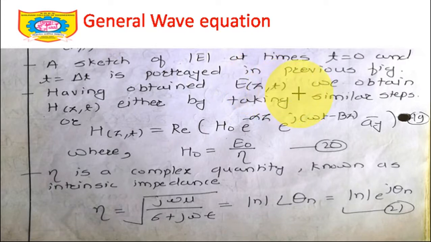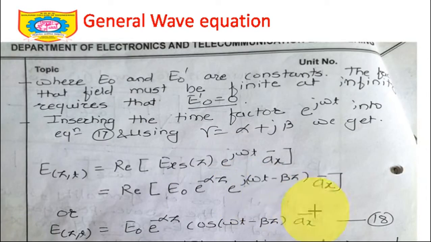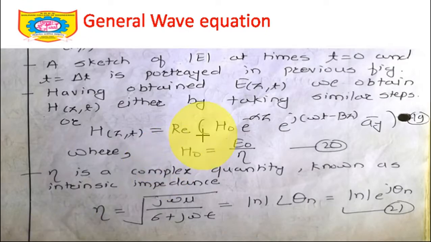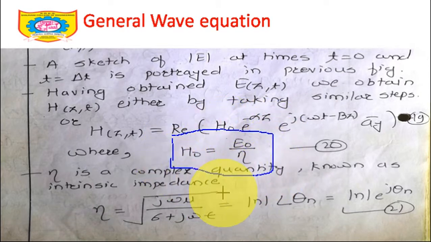Having obtained E of z comma t, we obtain h of z comma t either by taking a similar step, or you can write this h of z comma t similar to equation number 18. We can write h of z comma t as h0 e raised to minus alpha z e raised to j of (omega t minus beta z) ay bar, and h0, this is the expression we have got from Poynting theorem, that h0 is equal to E0 upon eta, where eta is a complex quantity known as intrinsic